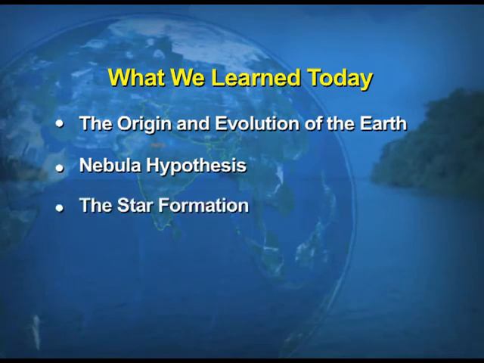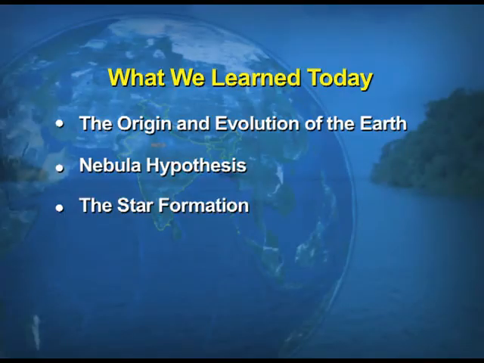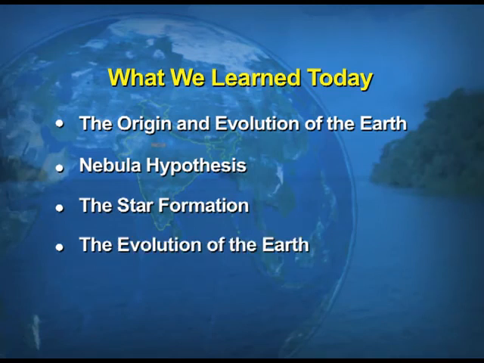The star formation is one of the important aspects when we consider the Big Bang theory, and there are 3 stages with respect to the formation of the Big Bang theory. The formation of planets has also been discussed, that it happened in stages, and with respect to that we also talked about our solar system, the inner planets, the terrestrial planets and the Jovian planets. We also talked about the evolution of the earth, how the evolution of the lithosphere took place and the evolution of atmosphere and hydrosphere took place.